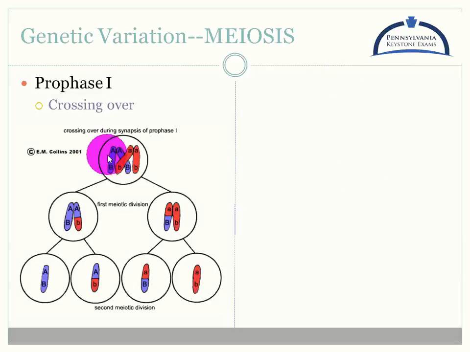Again, what happens is you're matching your homologous chromosomes, and during prophase I, they can actually cross over one another and swap little pieces. So what you can see here is this is a big A, big B, a little b, little a big B, little a little b. They're just different combinations, and that allows us to be varied or different.